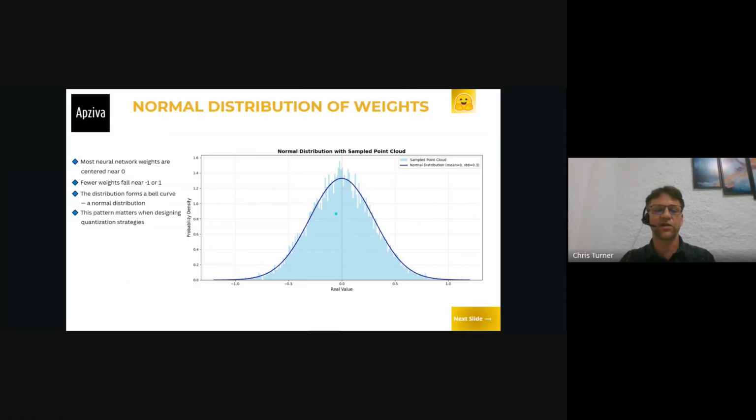how they decided what those hard-coded values are going to be, we need to understand that the weight matrix here has a normal curve to it. So most of the values in a weight matrix are actually falling around 0. And as you step out closer to 1 or -1, there are less and less values in the weight matrix that will be in those ranges.